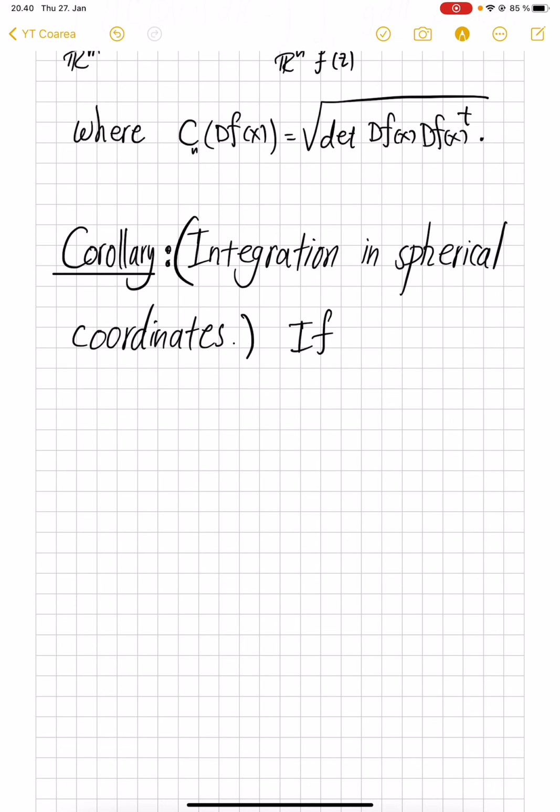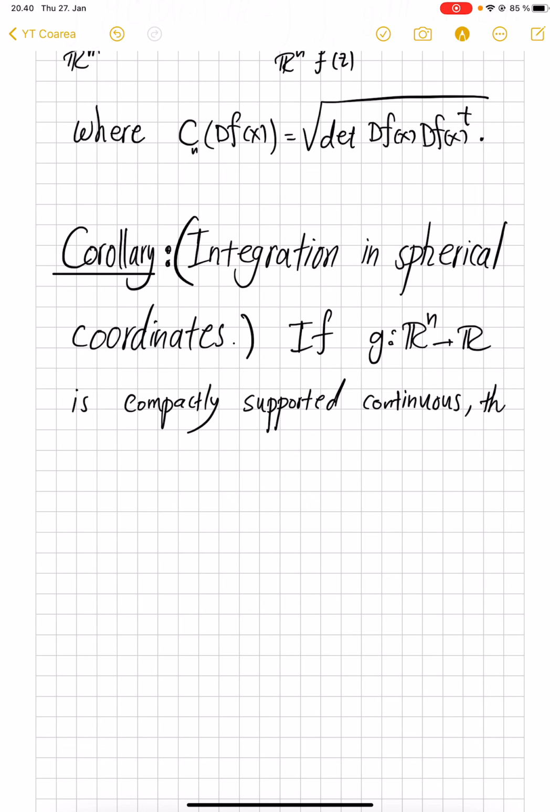If G on Rn is measurable, integrable, but again, for simplicity, we always want to say compactly supported continuous, then